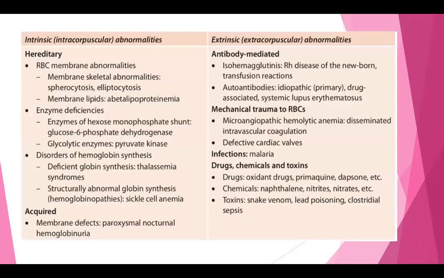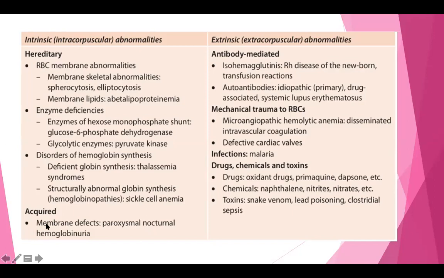And this table shows examples of hereditary causes, which result in intrinsic defects, and extrinsic causes, which are acquired causes. Examples of the hereditary: either red cell membrane abnormality, for example spherocytosis, elliptocytosis, or enzymatic defects such as G6PD, or disorders of hemoglobin such as thalassemia. And one exception of the intrinsic